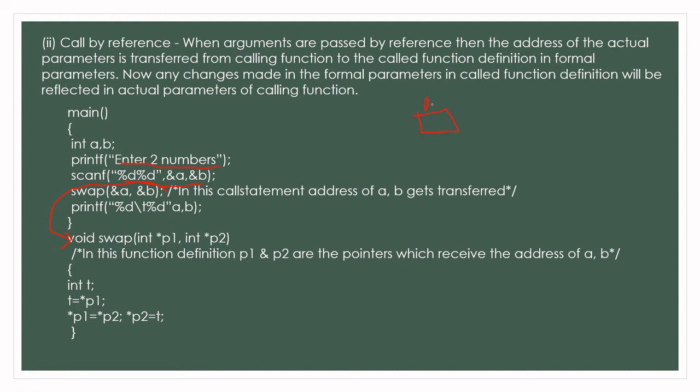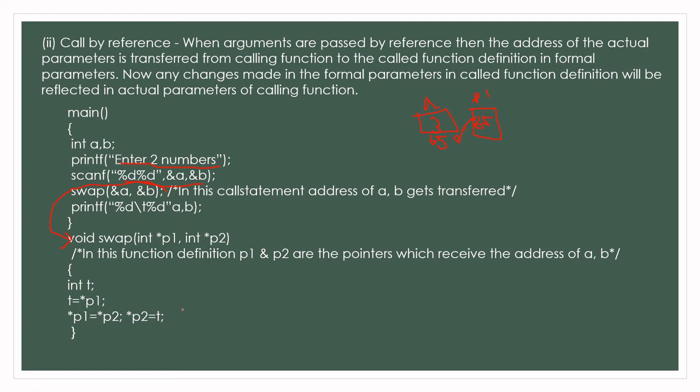This is a, this is 3. Assume the address is 65, and this is p1. So p1 contains 65. So pointer p1 points to this memory location, and this memory location in turn has 3, whereas similarly this happens in p2 too.